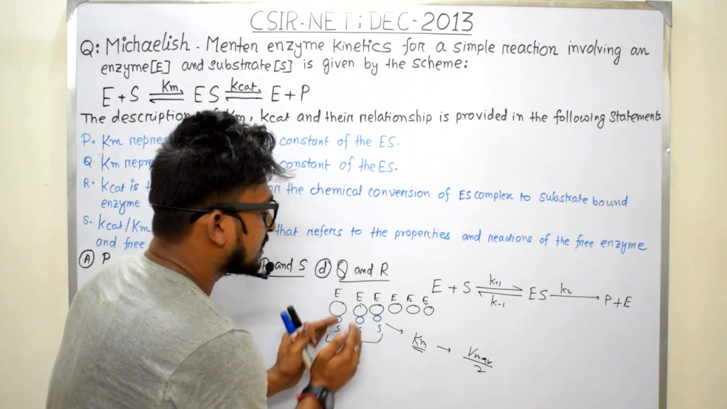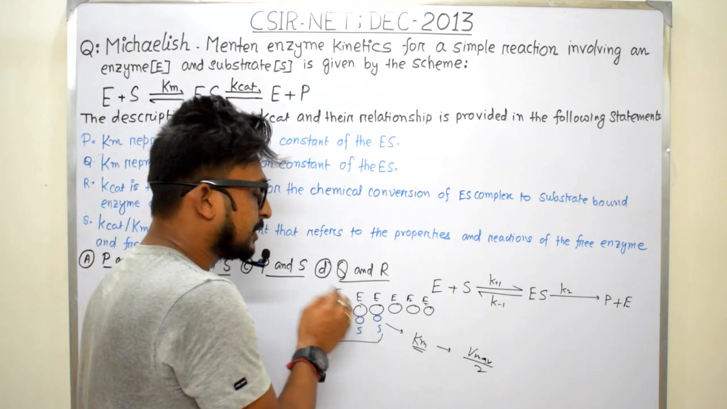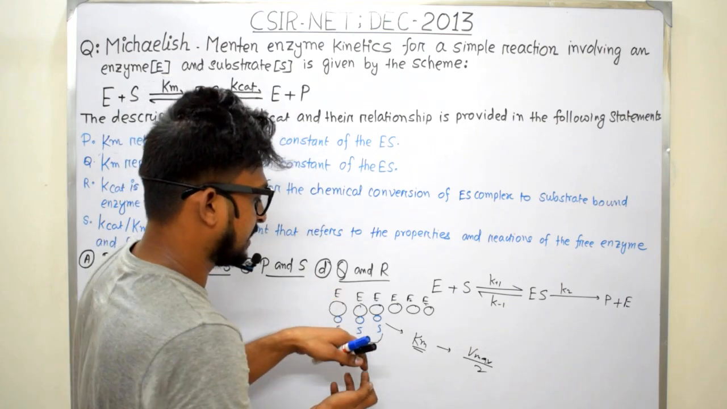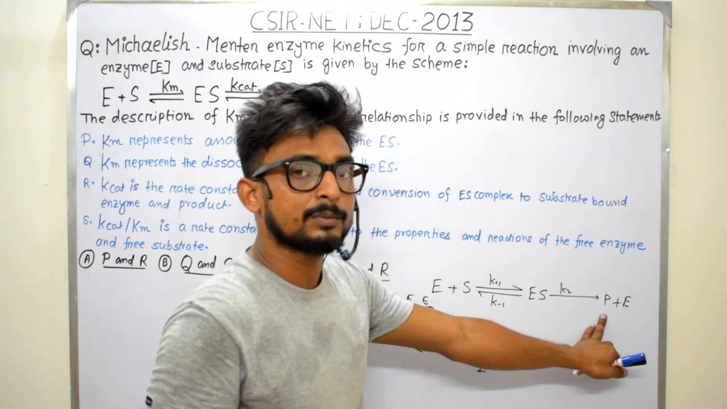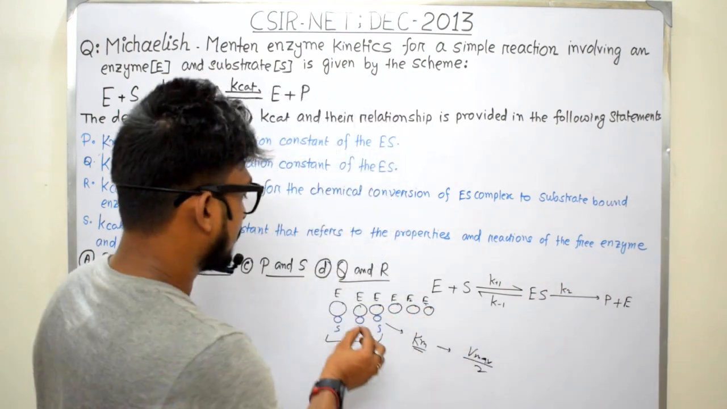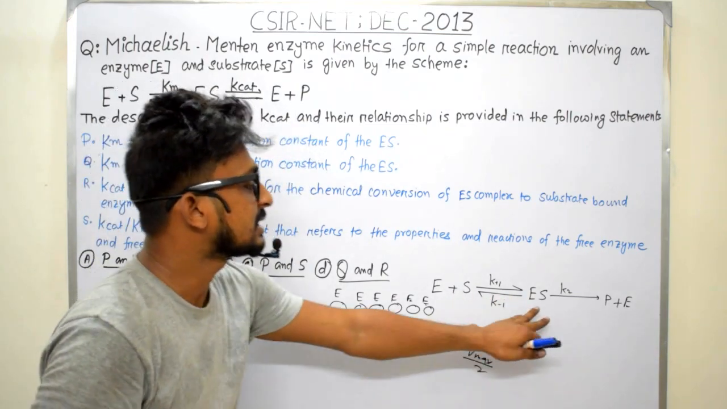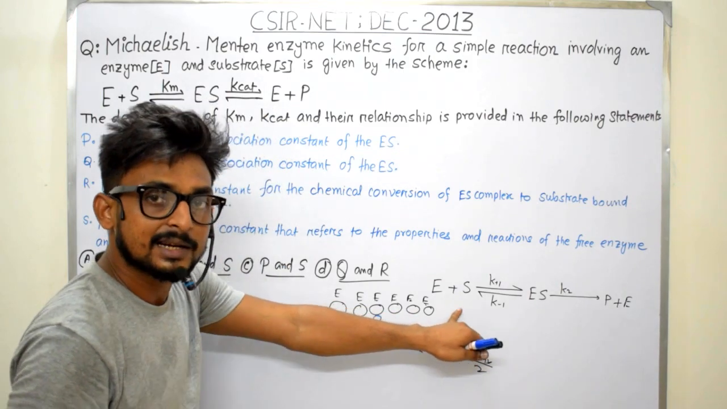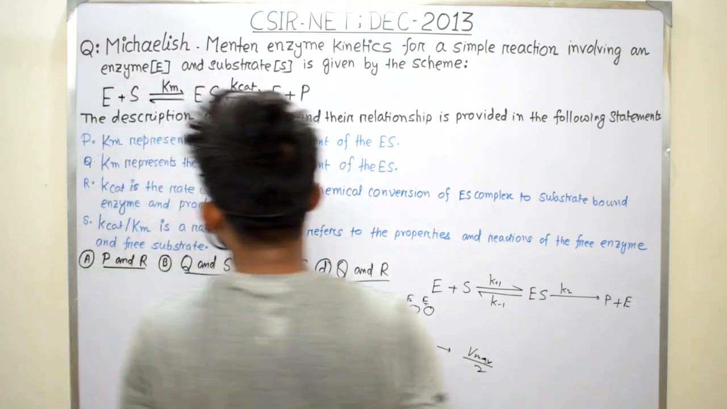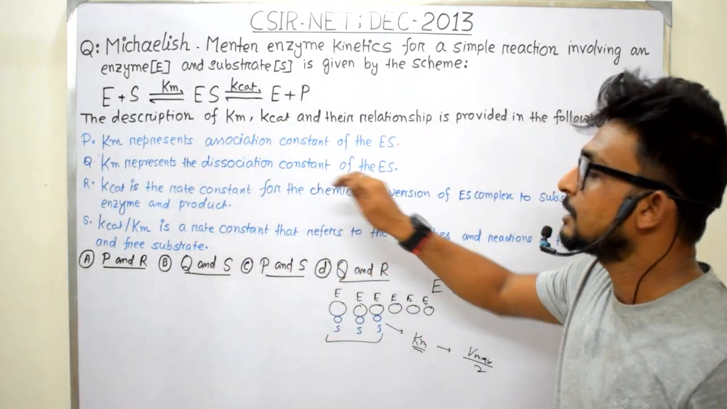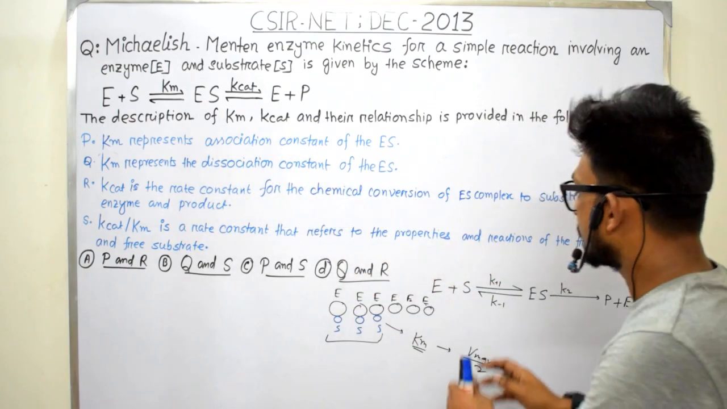Once the enzyme substrate complex is formed, if the binding between the enzyme and substrate is strong enough, then the substrate will be converted into the product. If the binding is not that strong, then it will dissociate from the enzyme substrate complex into free substrate and enzyme, right? So from this statement we can conclude that Km represents the dissociation constant, because it is not associated with the association constant,